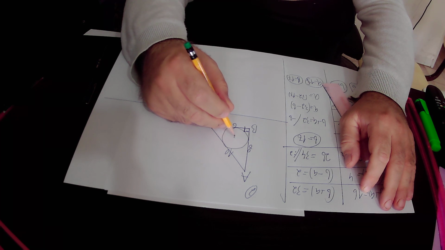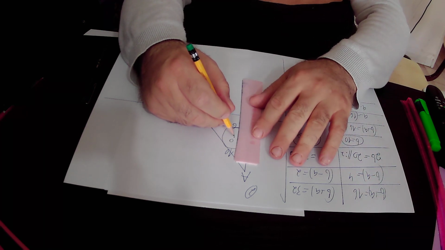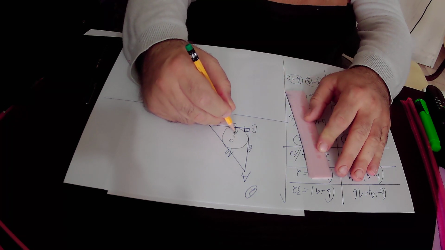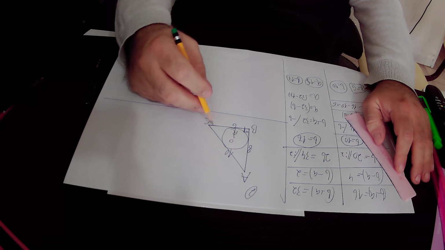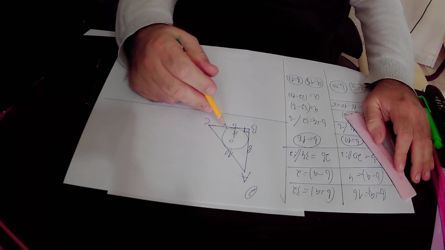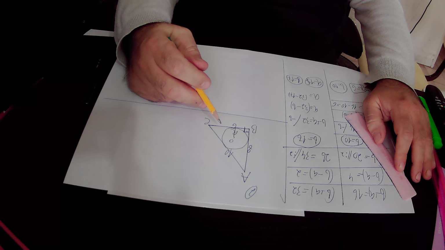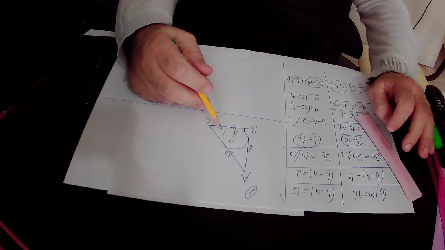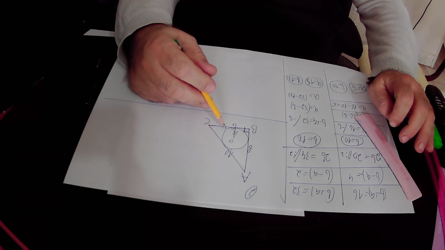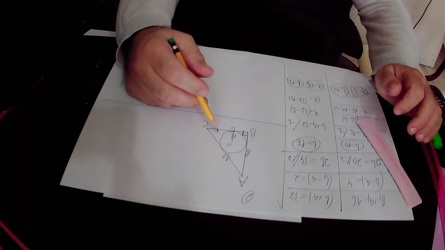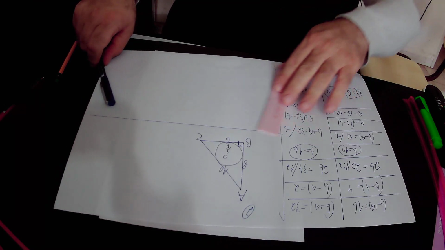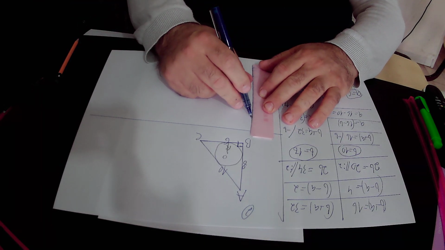We define the center of this circle as O, and we define the radius of this circle as capital R. So our mission is to find the value of capital R in this right triangle. This is the first possible solution of the question, but we also have another triangle. We have the second triangle, triangle ABC. In this right triangle, triangle ABC,